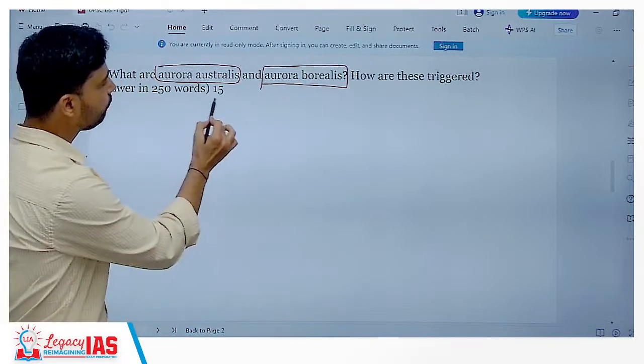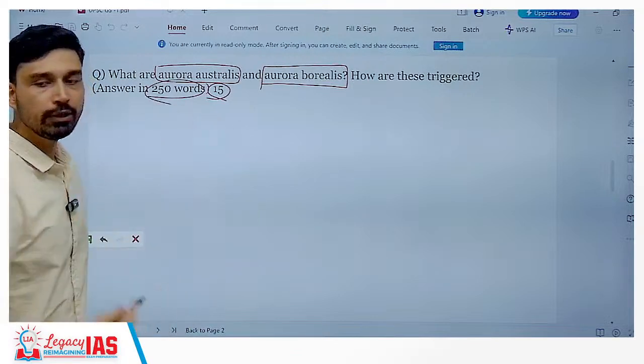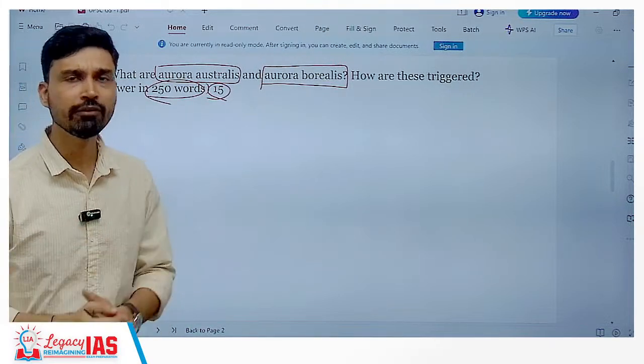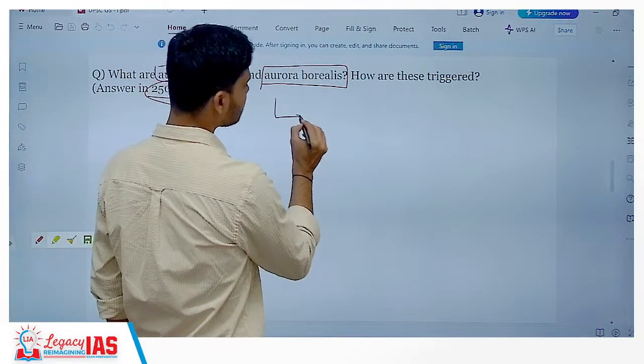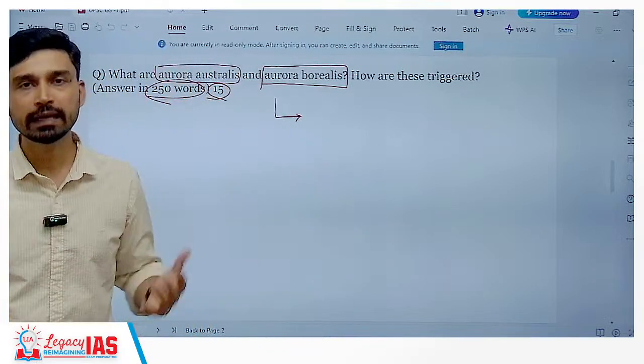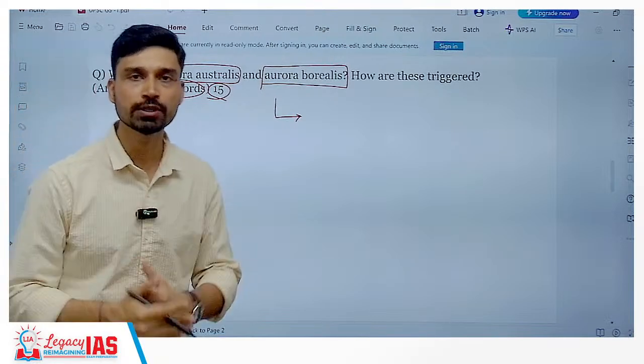Now this is a 15-mark question. That means you have the luxury to write this answer in almost 250 words. So here, first of all, you can start by describing the recent case where we have seen auroras, that is